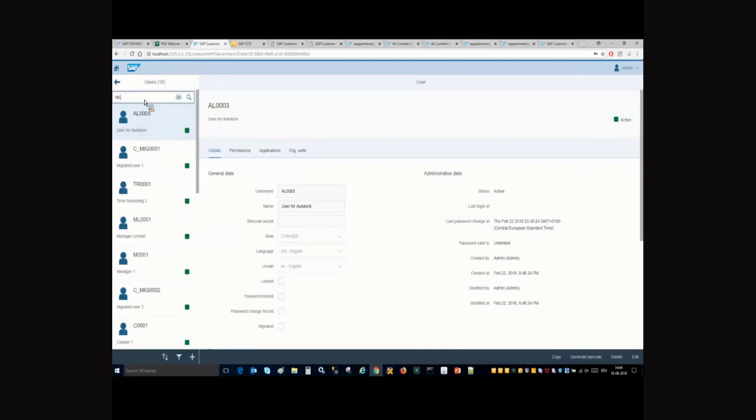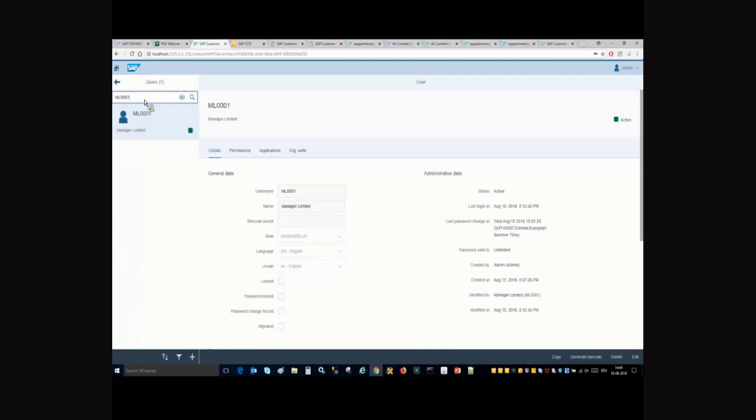Let's say someone is working in your organization who has to do only with business transactional data; then this would be the limited manager that I created with these three apps assigned. Also, to save time, I created a user ML0001,